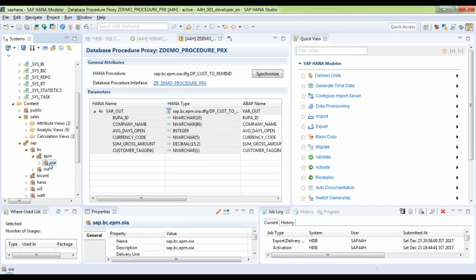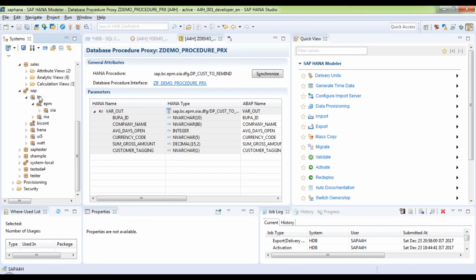So I don't waste my money on CAL, because CAL is a little costly, $1 an hour. If you look at the monthly usage, it will go beyond like $200 or something for me. So this is why I had exported this entire OIA as a delivery unit and loaded it in my local system. Okay, so that's what I have done. That way I can actually look at these objects in a better manner. Of course, I have a problem running the artifacts because I don't have this SAP A4H schema in my local system, but at least I can look at the code. If you look at it, it has lots of procedures also.